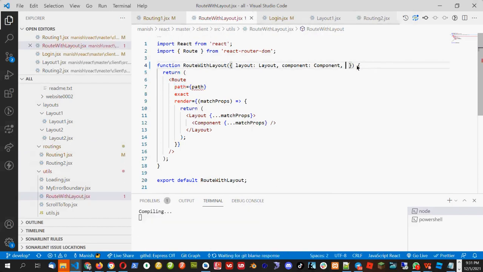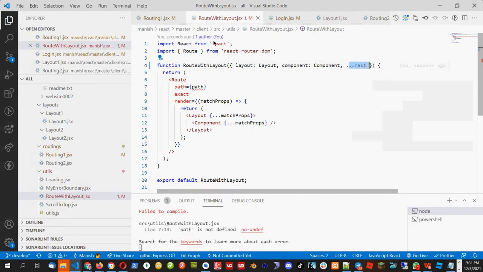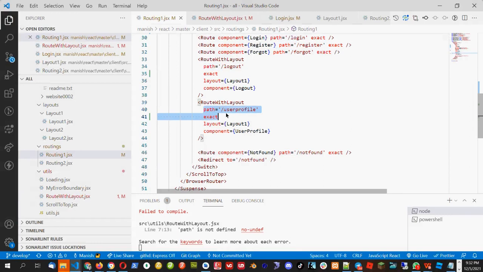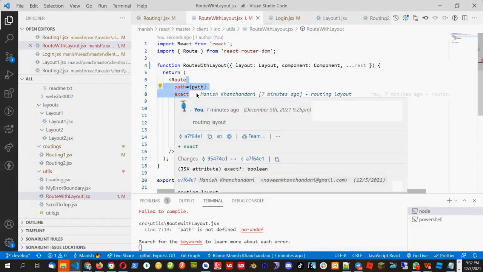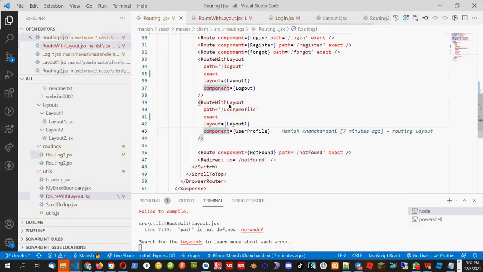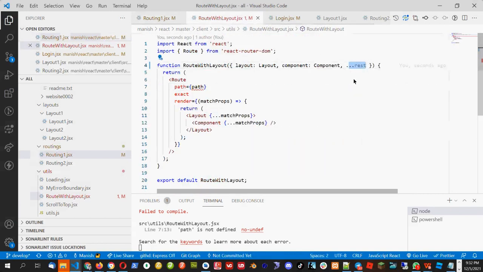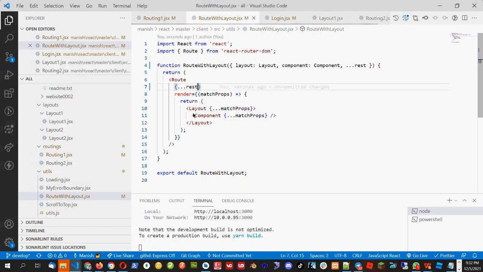Instead of putting path here, we can call ...rest. The rest means all other things which come along with layout and component. We are already getting layout and component. All other things which we pass, right now we are passing 2 things. Maybe we must pass more things in future. So all the things which we pass in addition to layout and component will go here as a rest parameter. And this rest parameter we can call here instead of